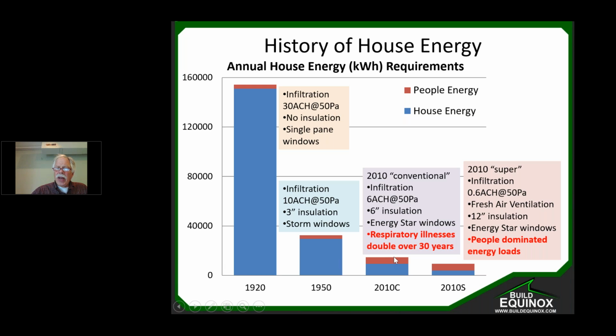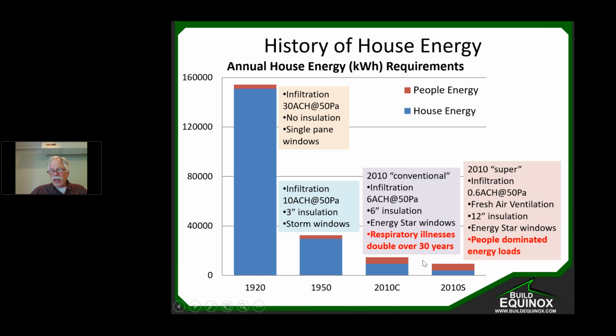A typical conventional house now with about 6 inches of insulation, the leakage that a lot of contractors are able to achieve now without very significant efforts, about 6 air changes per hour, 50 pascals, to a high performance house in which we are able to seal it to about 0.6 ACH or even lower in some cases. Some more insulation,